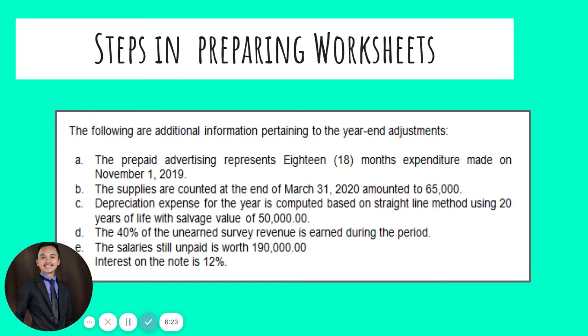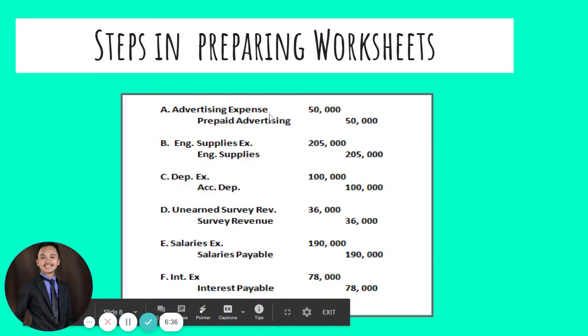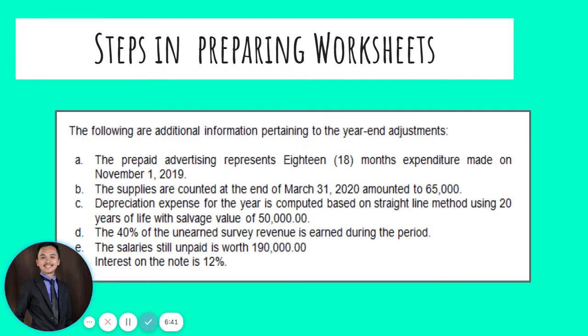So therefore, 10,000 times 5 months. So we have 50,000 portion of our prepaid advertising that will be expensed. That is why our adjusting journal entry would include a debit to advertising expense for 50,000 and a credit to prepaid advertising for 50,000. Another adjustment: the supplies are counted at the end of March 31, 2020,